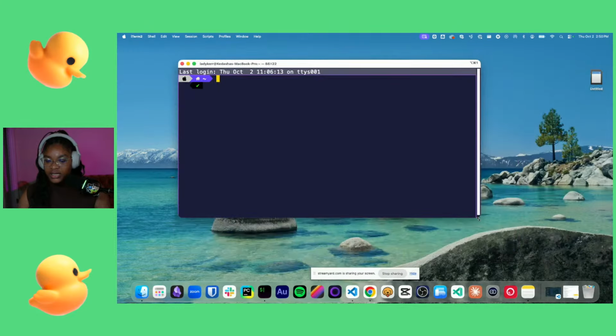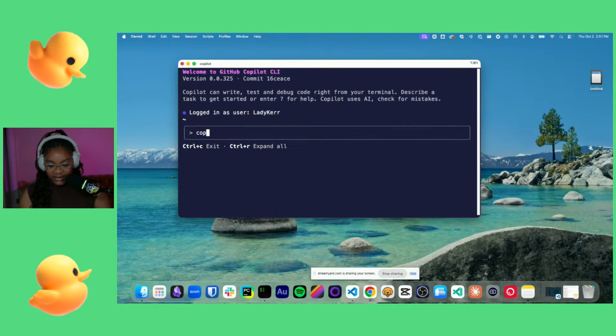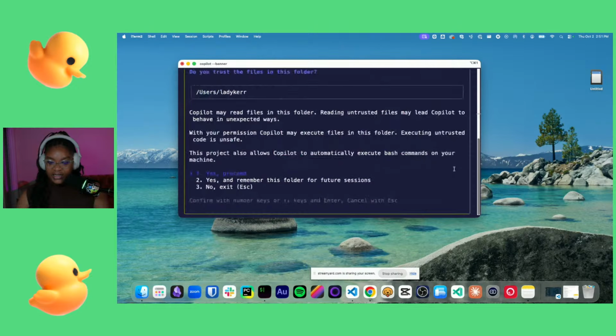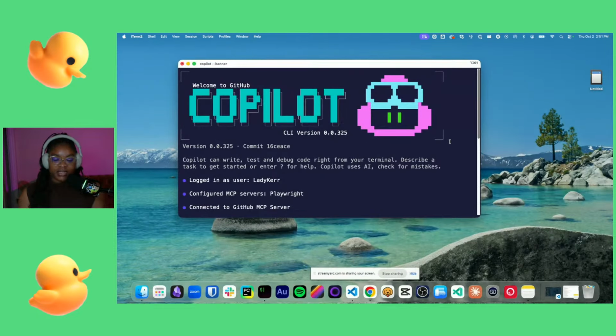It's already included in your Copilot subscription, right? It also has a really cool banner. Let me exit. If I do Copilot --banner, look at that. So cool. I would encourage you to use the Copilot CLI because I think it's using Claude Sonnet 4, and you can also use GPT-5 with it to build.